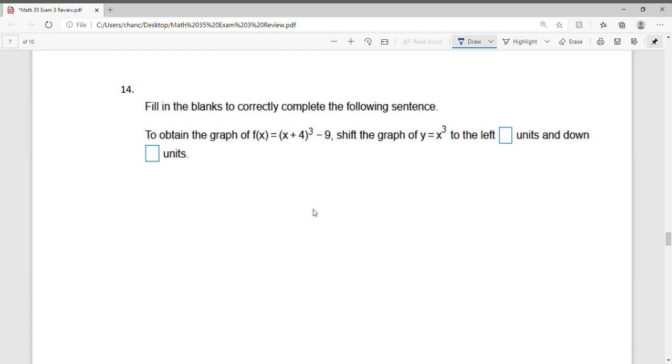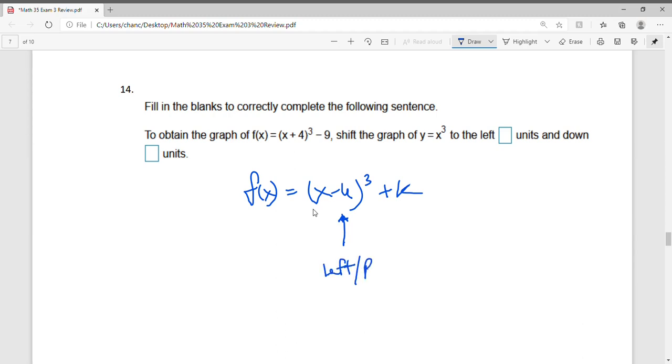Let's figure out what the standard form for the cubic function is. Recall f of x is equal to x minus h cubed plus k. This h is going to shift our graph to the left or right, depending on if it's positive or negative. And this k is going to shift our graph up or down, depending on if k is positive or negative. Notice